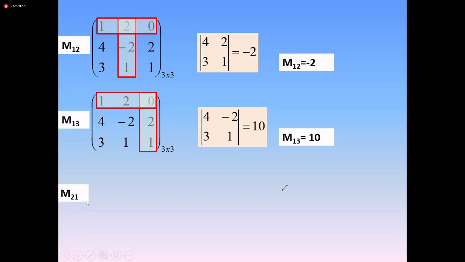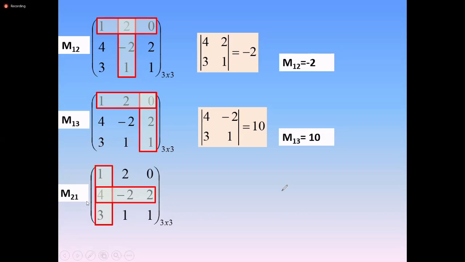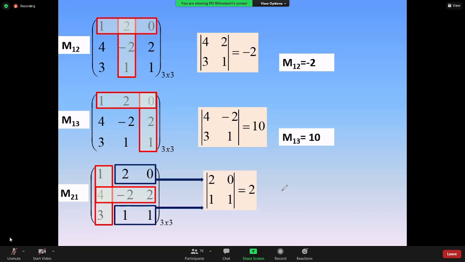Then let's go to the second row, first element, minor value. We are going to calculate the minor value associated with the second row, first column, or second row, first element. Then what are the elements you can see? Then 2, 0, 1, 1. Get them as a determinant. 2, 0, 1, 1. Then 2 multiplied by 1 only makes the value, because 1 by 0 becomes 0. So 2 by 1 is the answer.